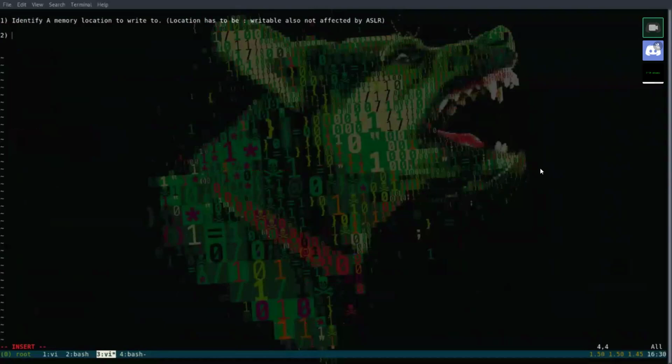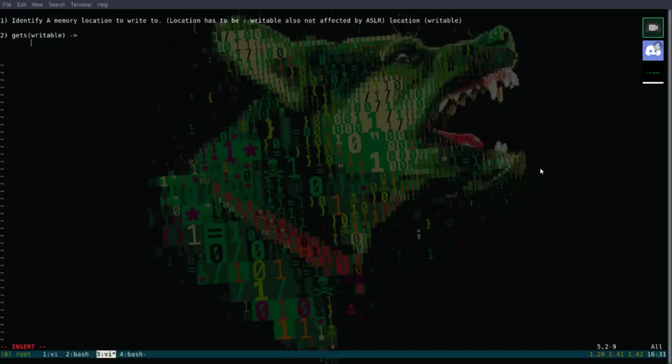So once we identify such a memory location, we know that gets, which takes a char star S, and so this S that you can see here, this can be this memory location. So let's call the location, I don't know, writable. Okay, so the name of this variable, writable. And so if we put writable in here and we call gets with writable, that means